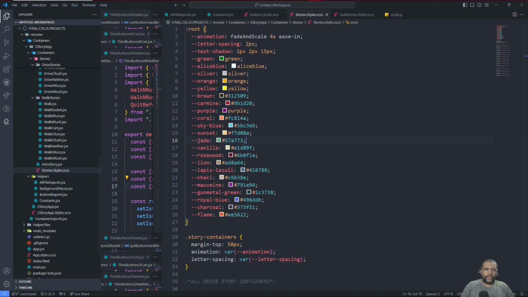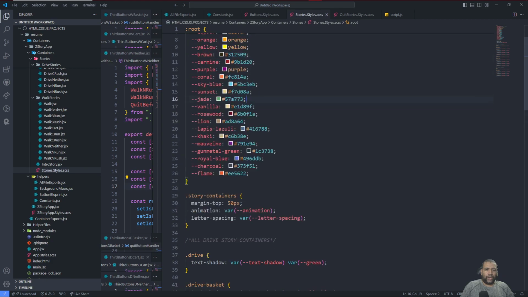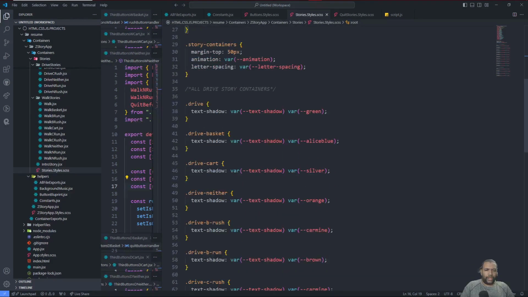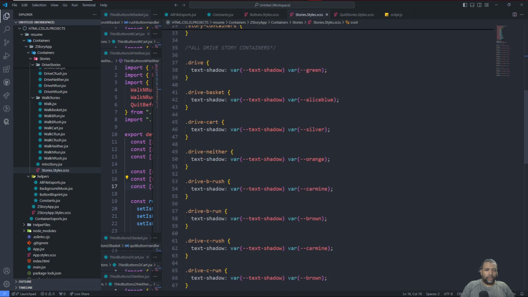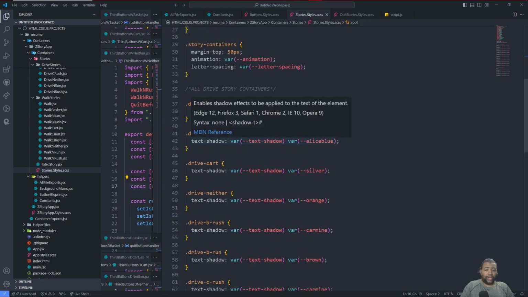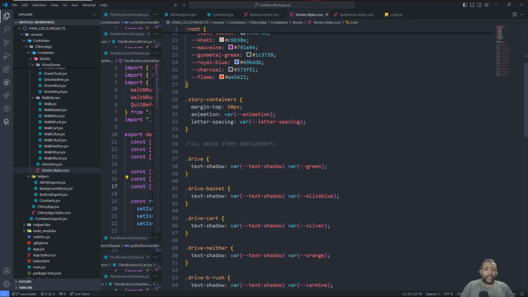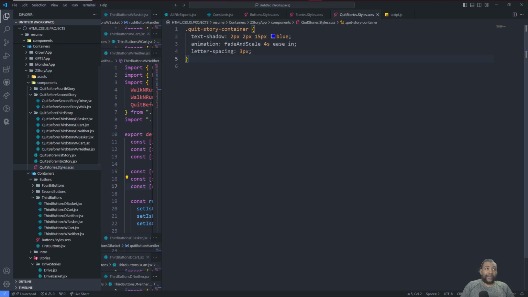And it's the same thing with here. I root all my colors, and then I've got all these because the only thing that's going to change here is the color. The text shadow is not even going to change. It's just the color. And this is the only quit story style that I'm going to have, and it's actually all coming